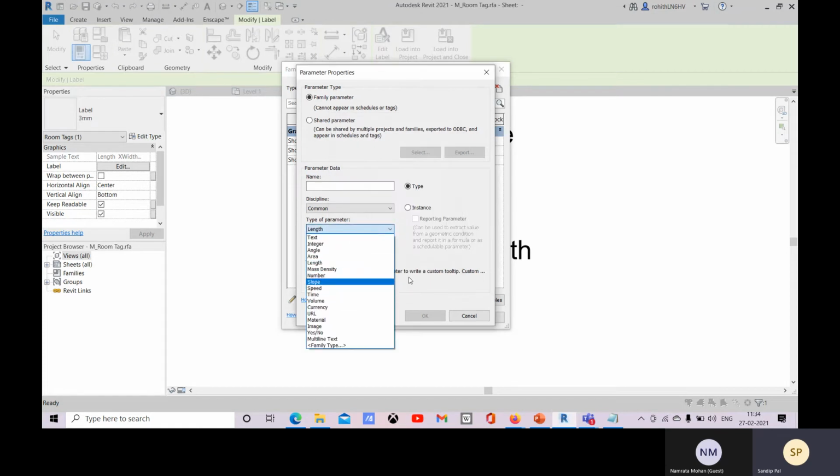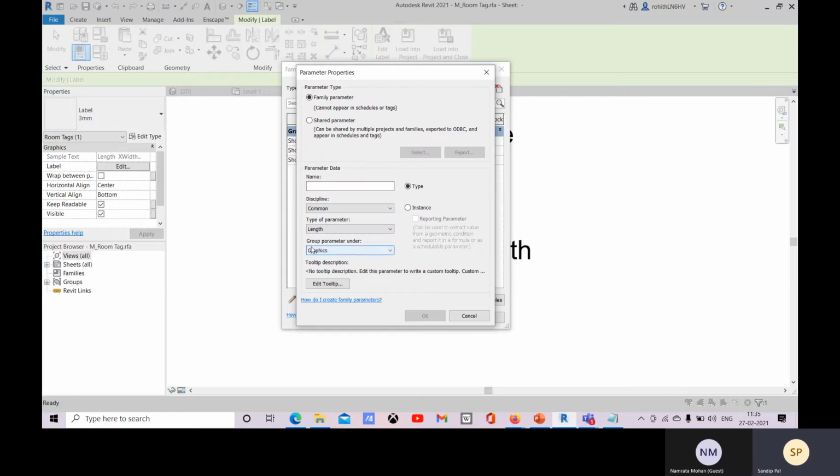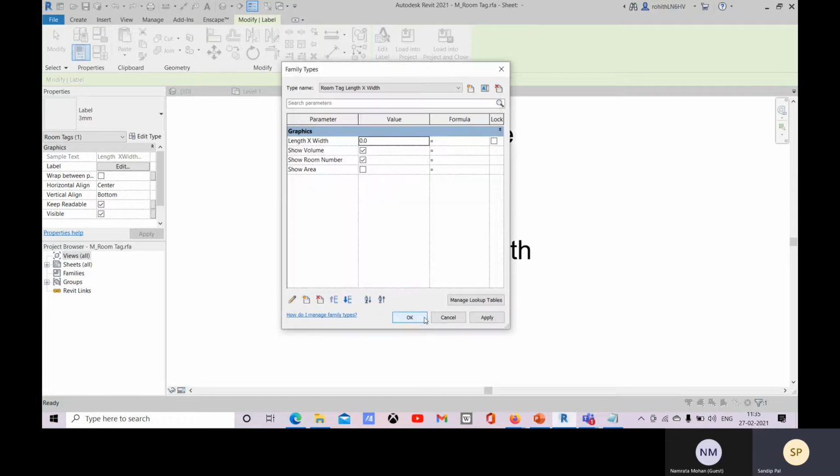So yeah, go with this graphics, and then you just mention length to width. That will be a type parameter. Click on OK, and there you see.